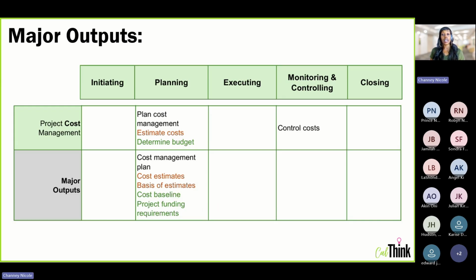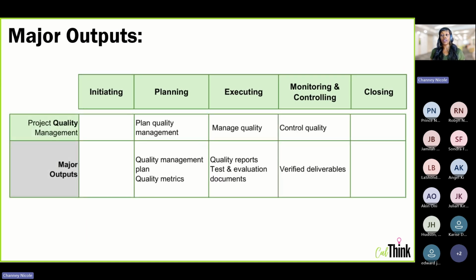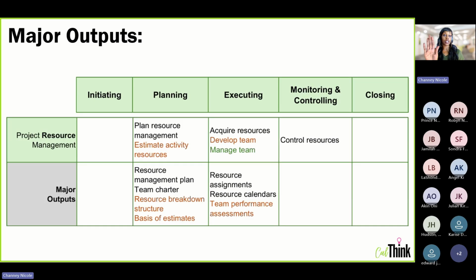Okay, so there's a set of outputs for each knowledge area on the grid. You have outputs for quality management. There's only 3 processes here, so it's not a huge list of outputs to memorize, but you'll want to know and get familiar with these outputs for each knowledge area. And the best way to do that is to create flashcards. Put a process on one side of the flashcard and put the major outputs on the back and just study those until the exam. That way, whenever you see something like resource breakdown structure, you'll know that you're in planning